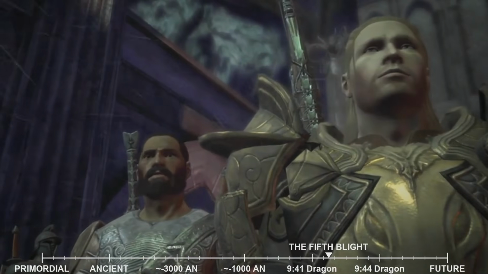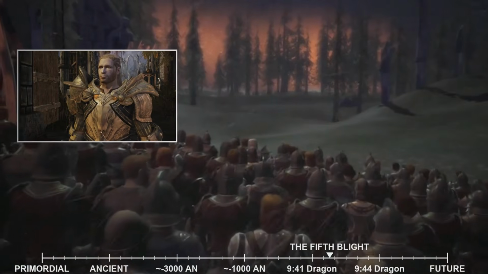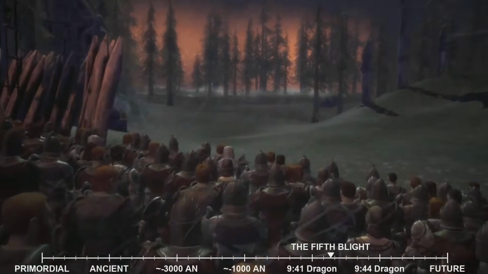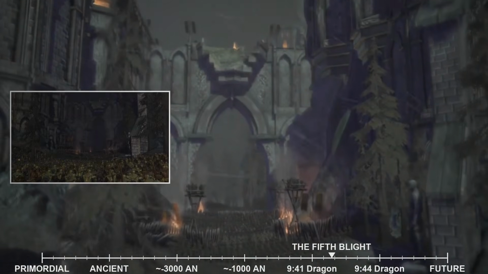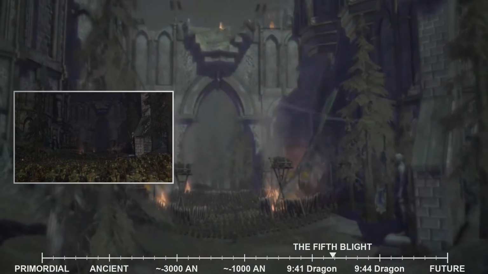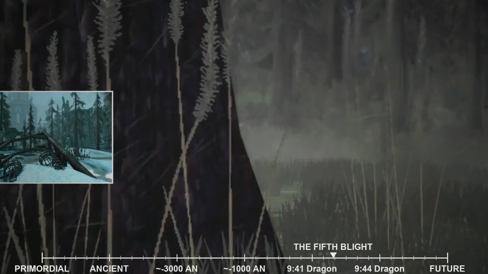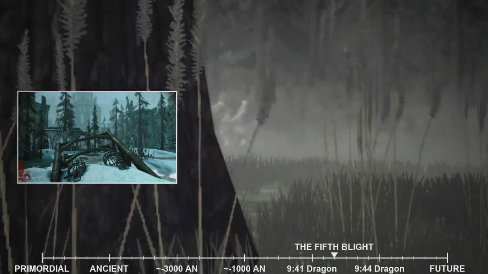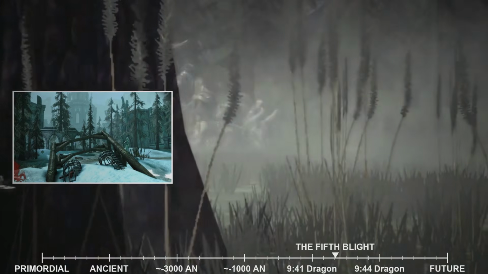Together, they led the Ferelden army to Ostagar, an ancient fortress strategically located at the southern edge of the Korcari Wilds, a vast and dangerous wilderness known to harbor Darkspawn. Ostagar was chosen as the staging ground for the impending battle, a place where they hoped to halt the Darkspawn's advance and turn the tide of the Blight.